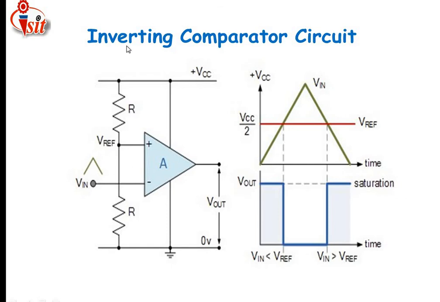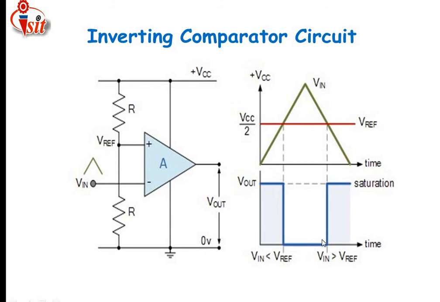For inverting, the word itself indicates that the input is given to the inverting terminal of the op amp, that is the negative terminal, and the remaining positive terminal has V reference connected to it. It is totally the opposite in comparison with the non-inverting comparator. Here, if Vin is less than V reference, then the comparator output goes to a decreasing condition for the inverting comparator, but for the non-inverting comparator it goes to some rising range.